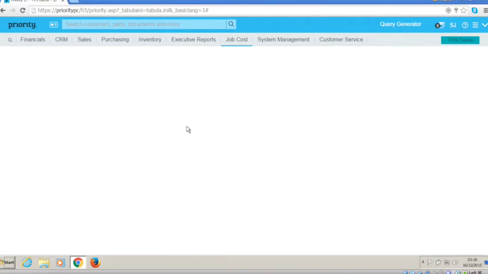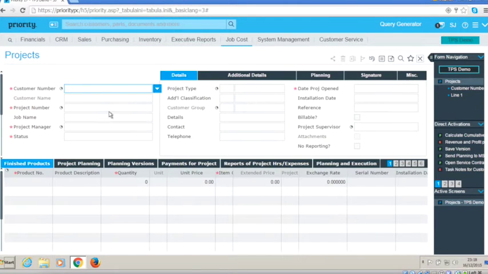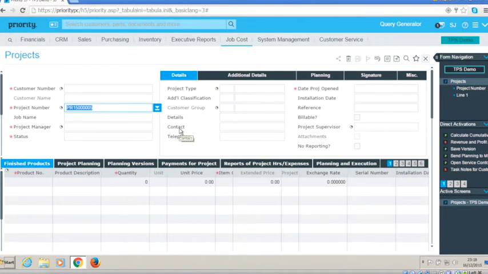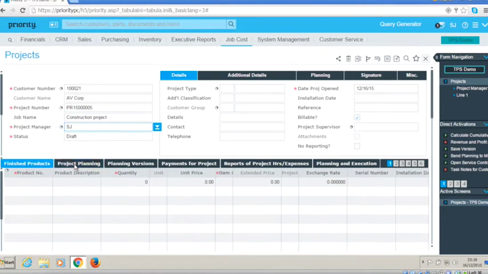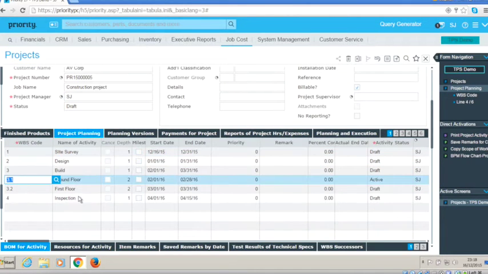If we go back into the project that we were working with before, we'll be able to look at the purchase order that got created. So if we drop down into the subform for the planning, and then within the planning, we were working on the ground floor. We can go into the BOM for the activity,